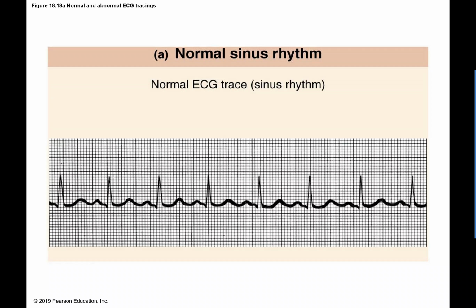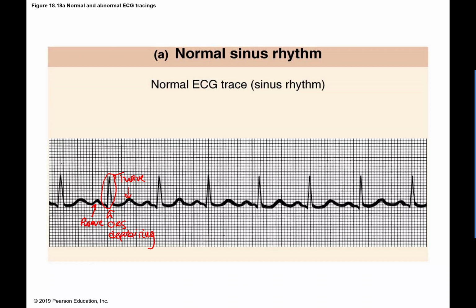So we're looking at a normal ECG here. We can see all of our waves. We've got our various waveforms. We've got our P wave representing the atria depolarizing. We've got our QRS representing the ventricles depolarizing. And we've got the T wave there representing